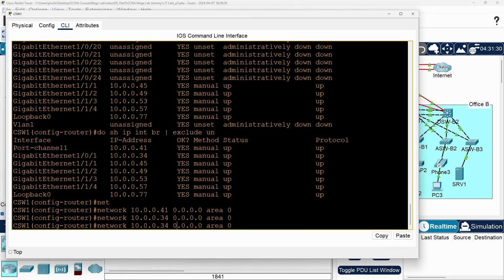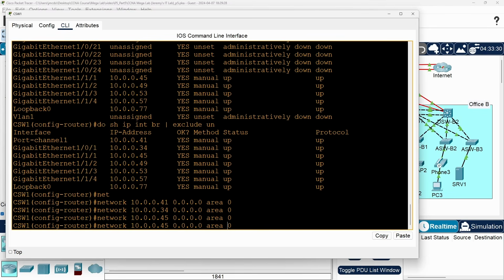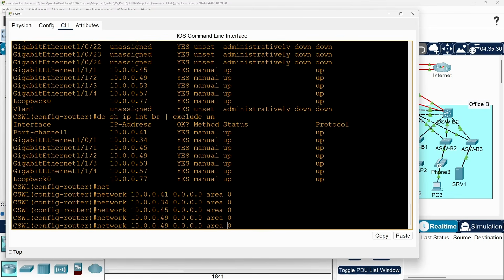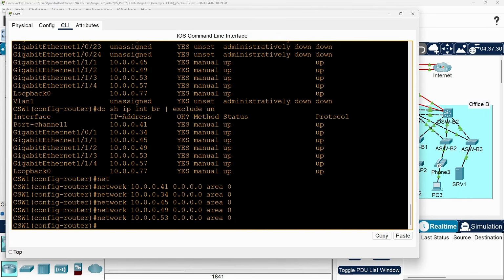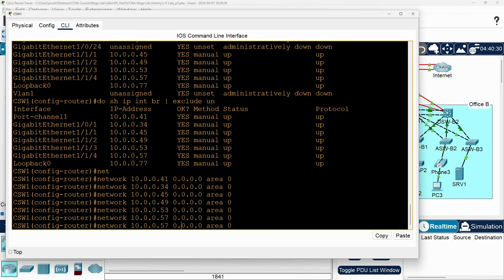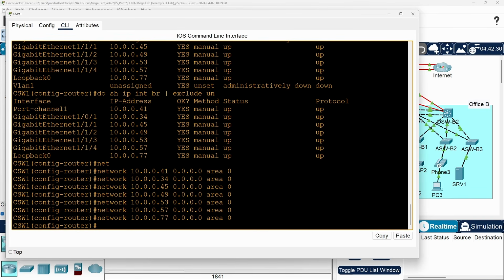And then, up arrow again, change it to .45 for G1/1/1. Up arrow again, .49 for G1/1/2, then again for G1/1/3, .53. Up arrow again, change it to .57 for G1/1/4, and one more time, change it to .77 for loopback 0.